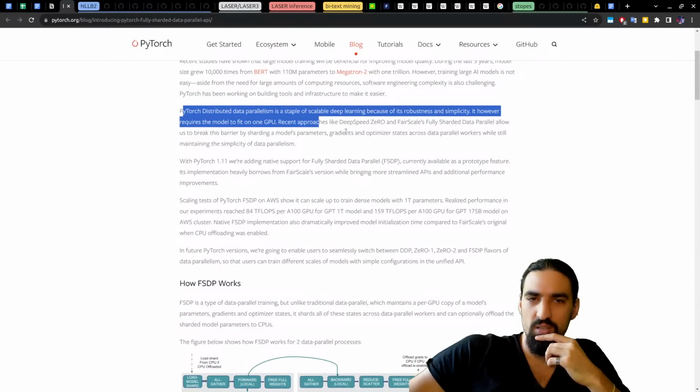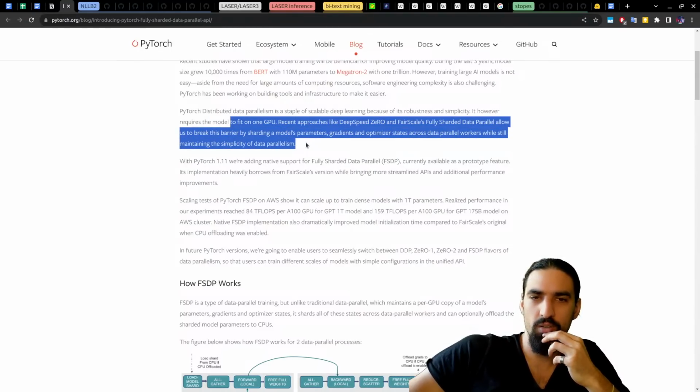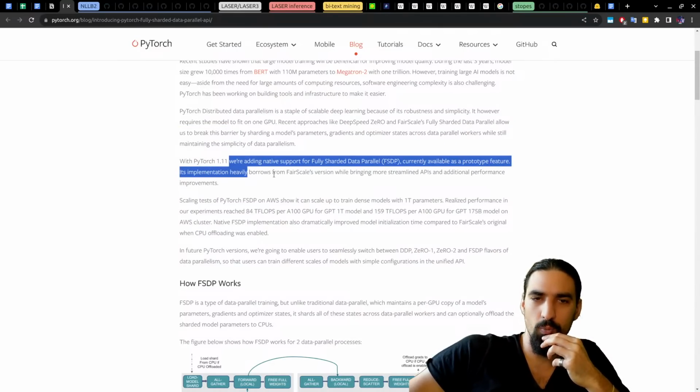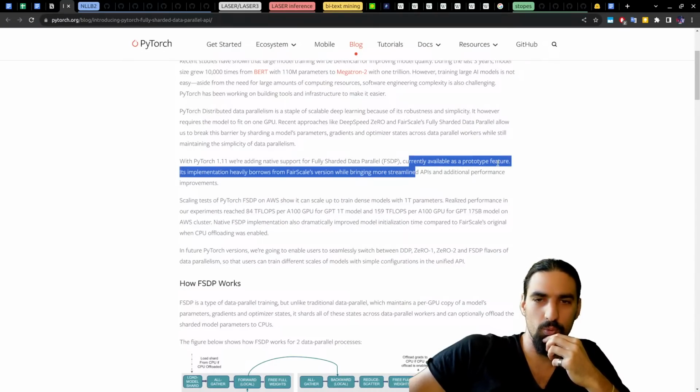DDP is a staple of scalable deep learning because of its robustness and simplicity. It allows to break this barrier. ZeRO and Fairscale FSDP. With PyTorch 1.11, we are adding native support for FSDP only as a prototype.